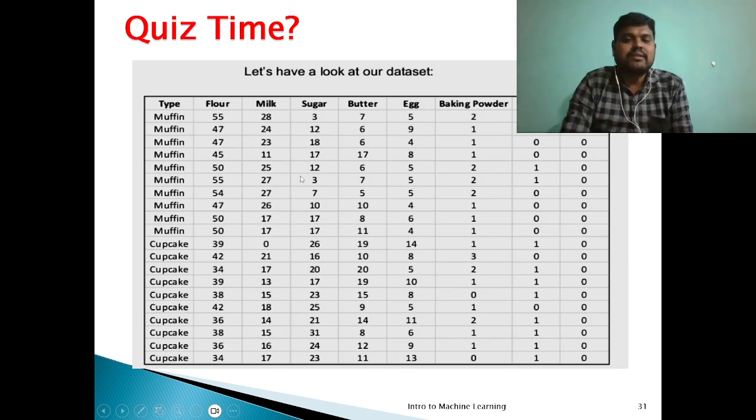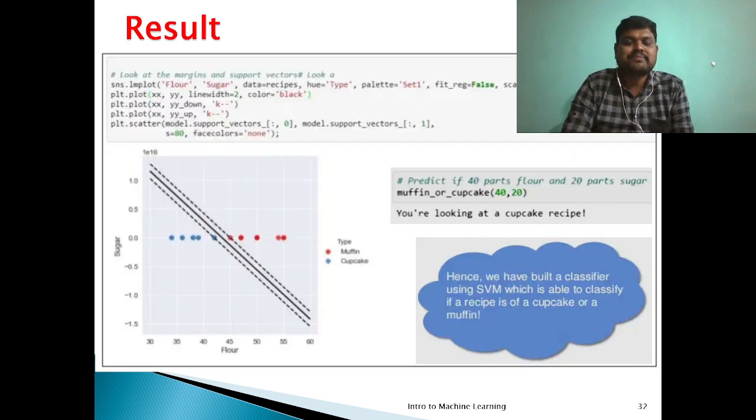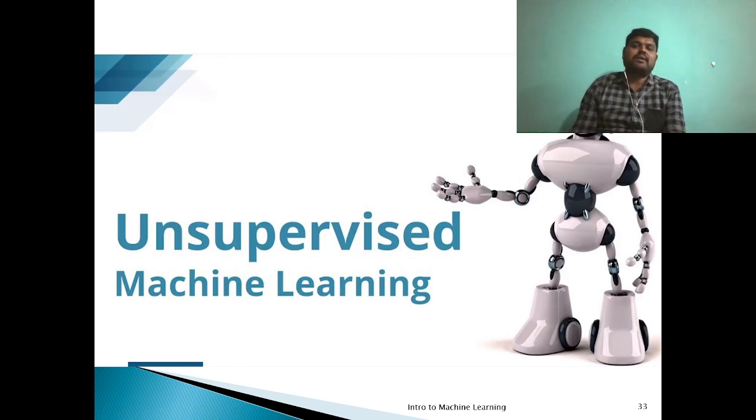So these two attributes will uniquely classify whether the incoming data is muffin or cupcake, right? So this is how the machine will predict. This is the code for predicting whether the incoming data is for muffin or cupcake. Based on the flour value and sugar attribute, a machine will predict whether the incoming data is for muffin or cupcake, right? So this is how you can write a program to predict the new data point.